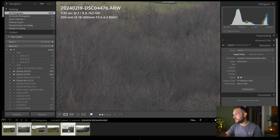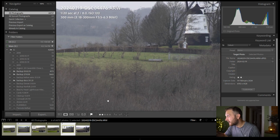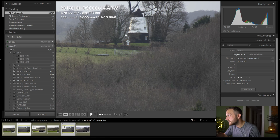So this first shot is the A6700. You can see all of these trees here. There's loads of detail in them. Even these ones over here, it's all looking lovely and sharp. So that looks fantastic. And then if we move over to the A7R3,